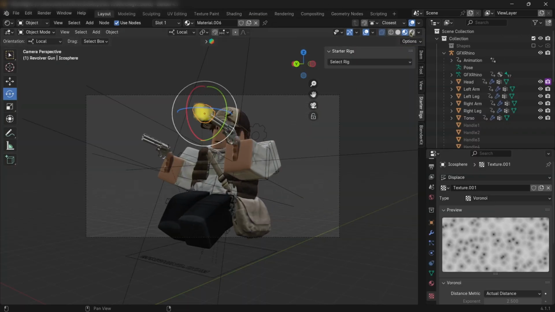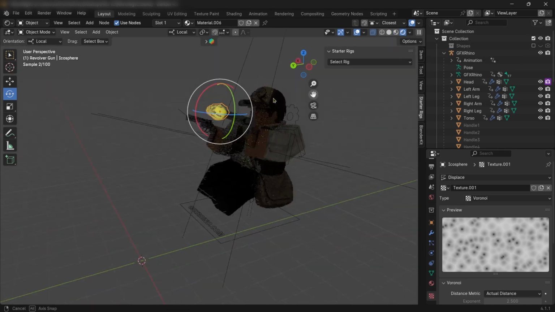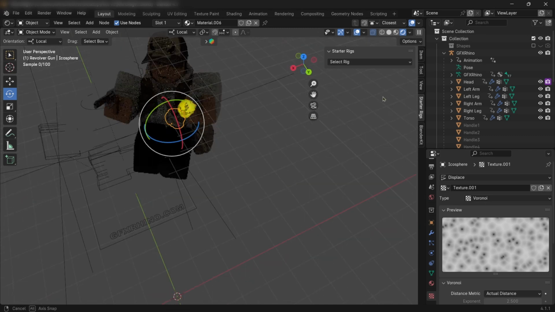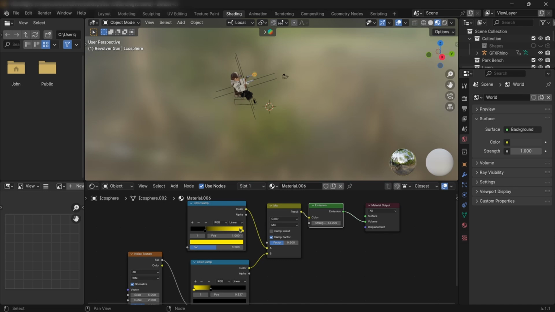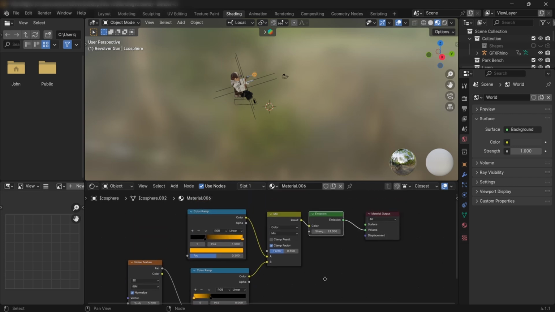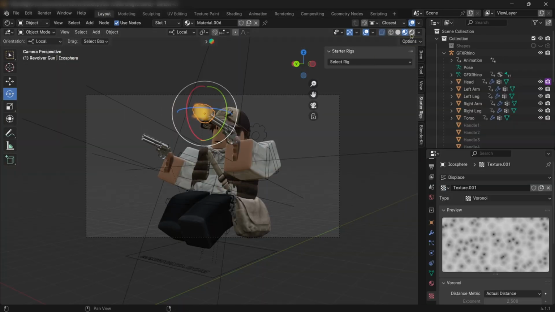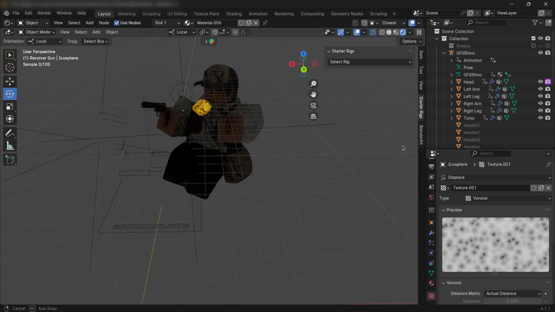All right, and then we want to go back into that viewport rendered. As you can see, it looks a lot better. I'm not really liking the orange we got from it, so let me change that real quick to maybe a more orangey type. And let's switch that again. Drop color, go to layout, and let's look at it again, see if we like it. All right, I like it a little bit better,